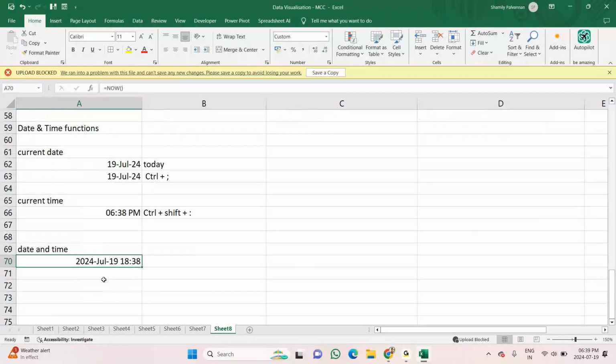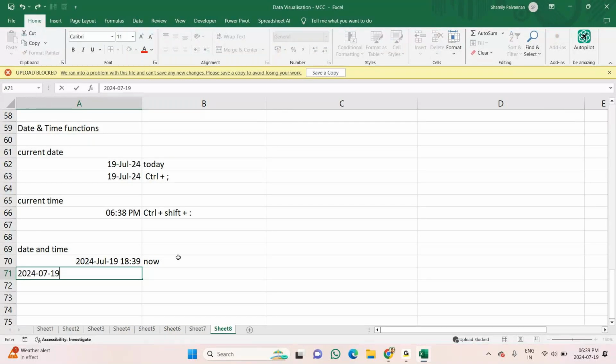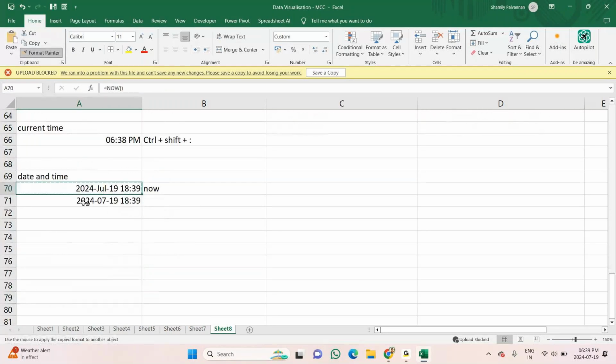The same thing with the shortcut key. Now I have used a function here. With the shortcut key I will change. For the date it is Control semicolon. I'll give a space. For the time, Control Shift colon. Whichever format you want to change, I'll copy this with the format painter and apply it on this. So I'm getting it changed here.